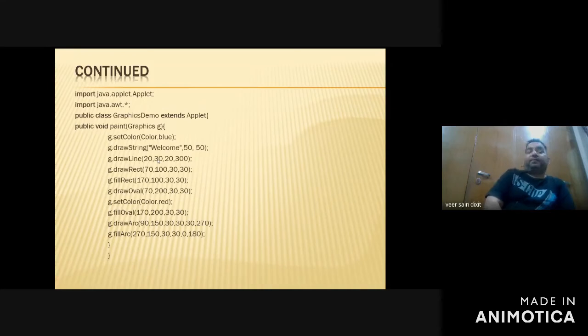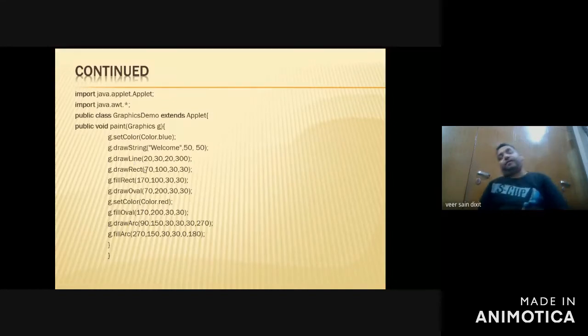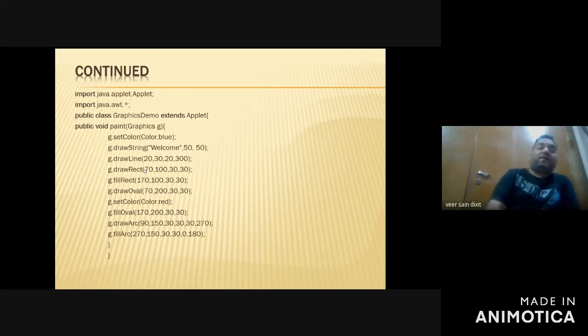Then see another example. In this example, we are trying to draw a line, we are trying to draw a string, we are trying to draw a rectangle, oval, different shapes, right? We are trying to set the colors to the objects, whatever objects, oval, rectangle we have created. So to create such an applet,